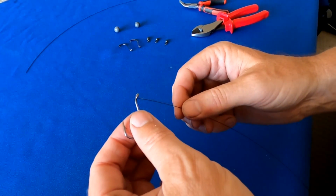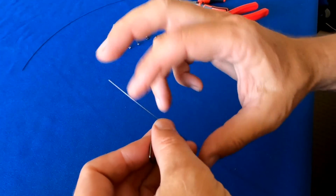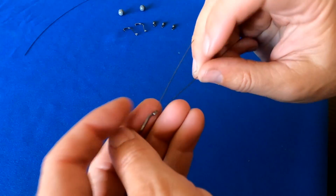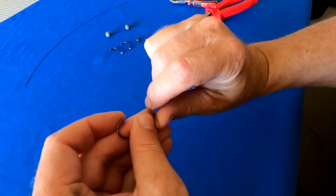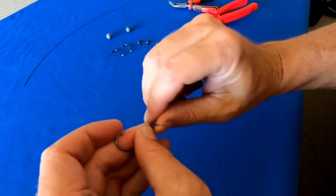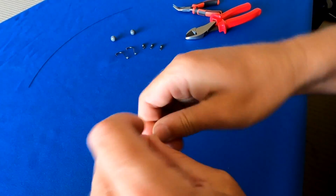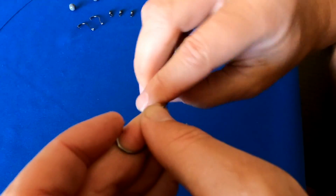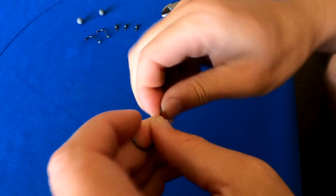Okay, so first step is we're going to throw that single strand wire straight through the hook like that, and we're just going to bend it. Okay, so that's all I've done. Next step is just going to twist her around and continue that twist. A little bit tricky, but we'll do about 10 wraps. So hopefully you guys at home can see that easy enough. It's pretty simple. Doesn't have to be perfectly neat. About 10 wraps will do,